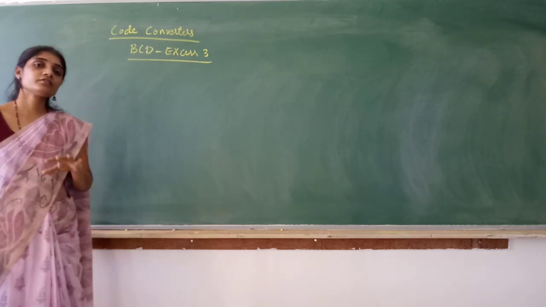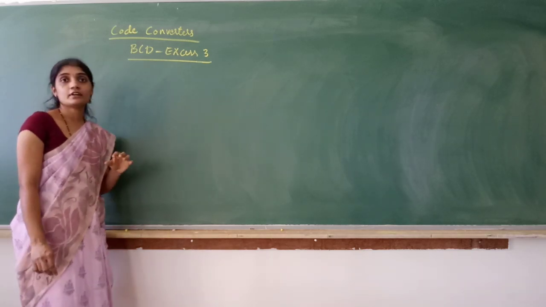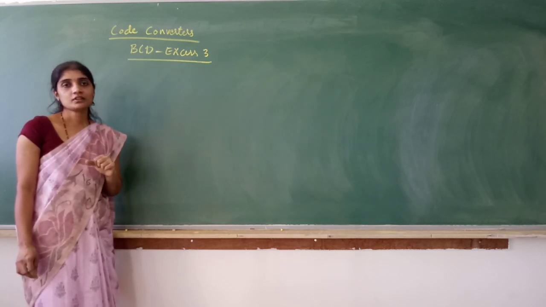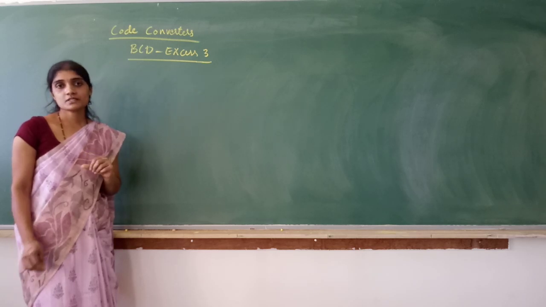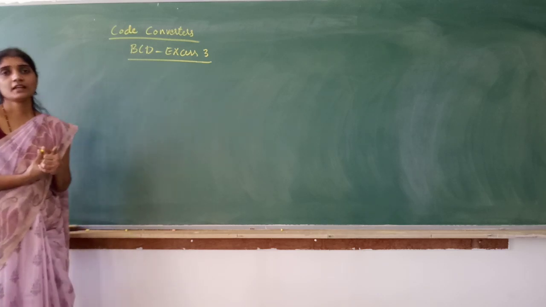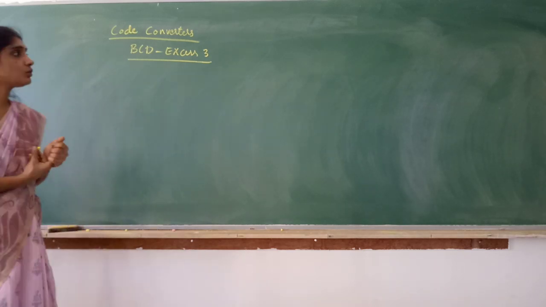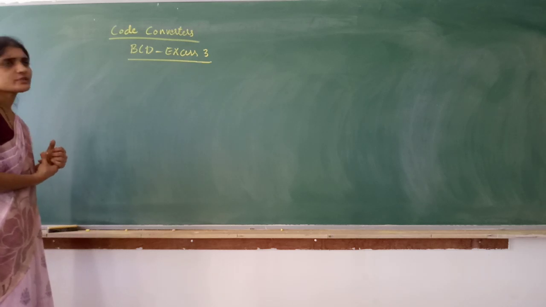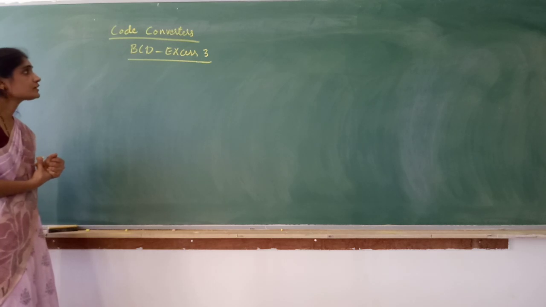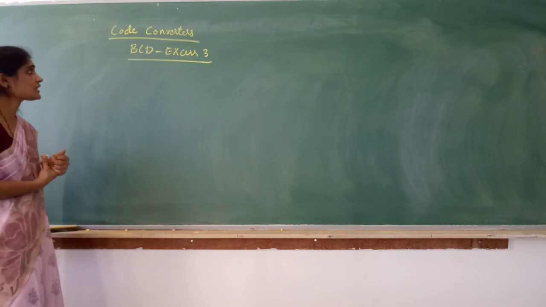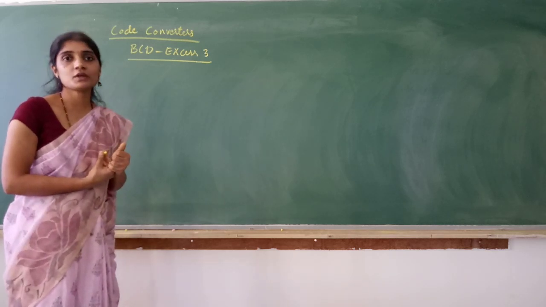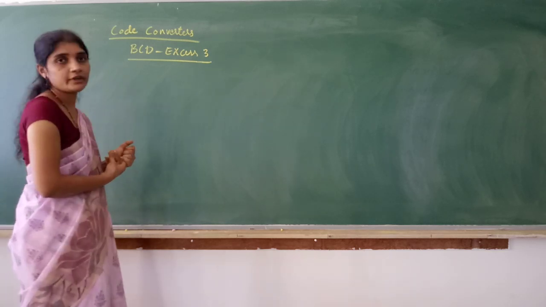And in module 5, under code converters, we will be designing a sequential circuit, that is, using flip-flops. So we are going to design a sequential circuit for BCD to XS3 code converter. We don't use K-map here because the combinational circuit we already have designed. So if you get a code converter question in module 5, you have to design this BCD to XS3 code converter circuit using flip-flops. That means a sequential circuit. So let's see how it can be done.